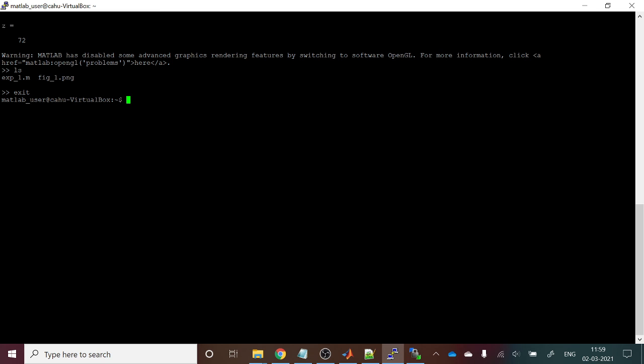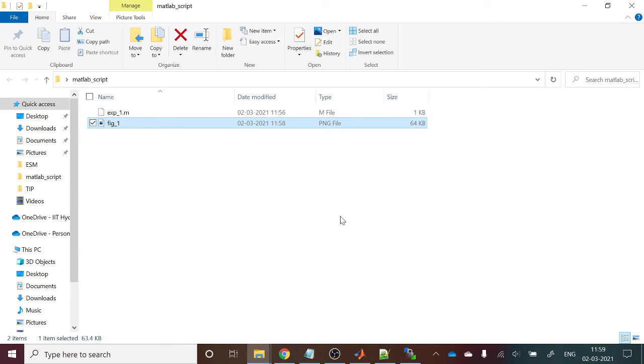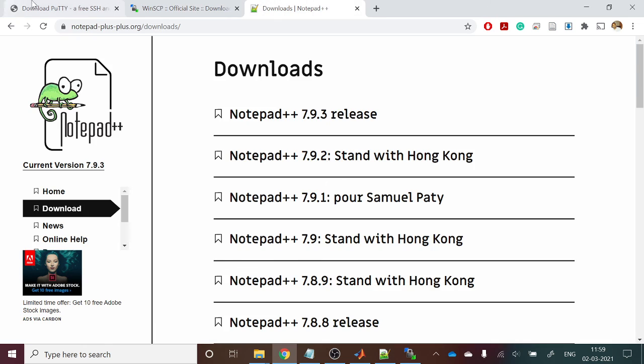Now we are in the normal directory. Okay. So that's how. Once your MATLAB work and everything is over, you just close this window. Yes. Okay. So this is now exited. Now this method, whatever I have shown, is for the Windows system. Now those who are using Linux or Mac OS, for them no need to do any installation. These three software are not required to install.